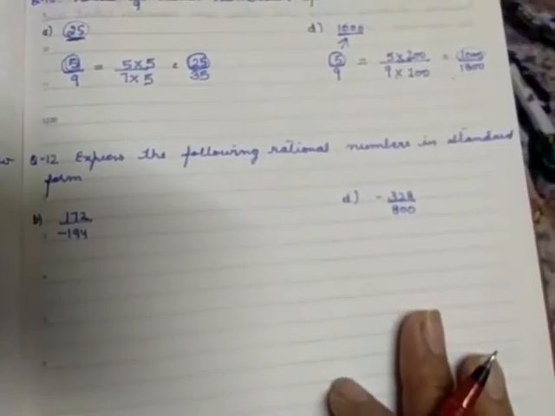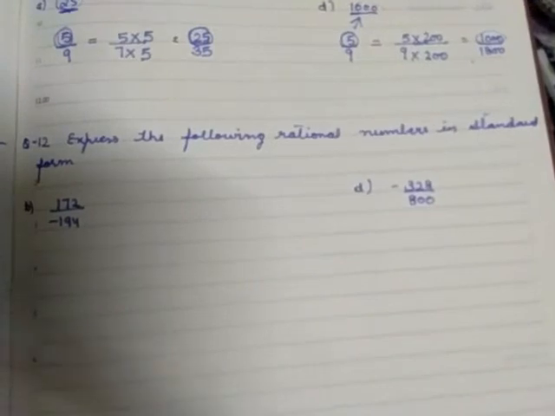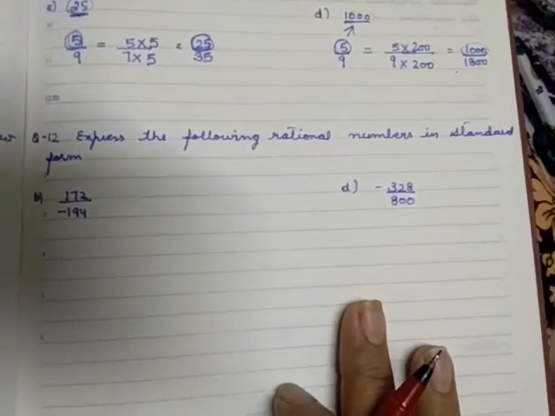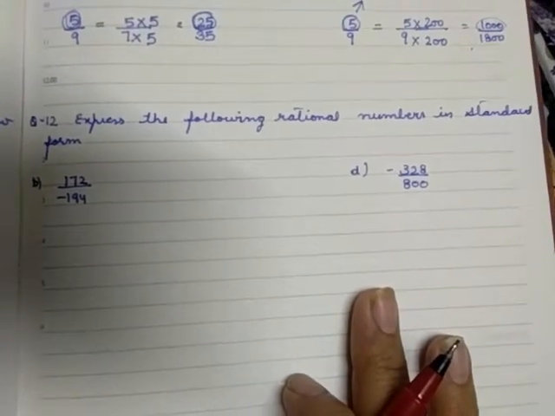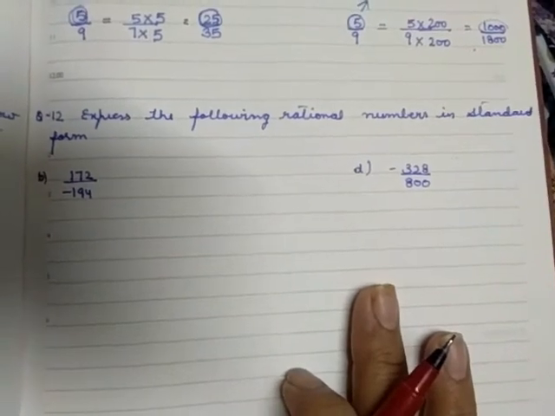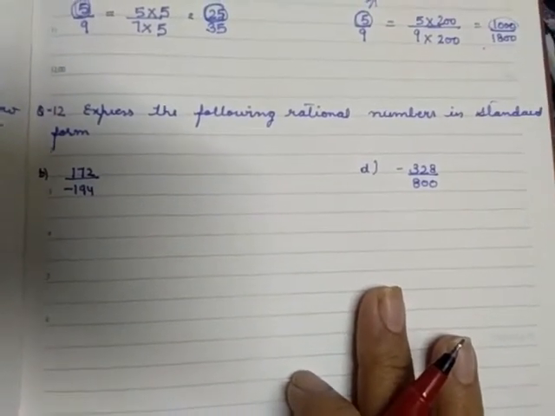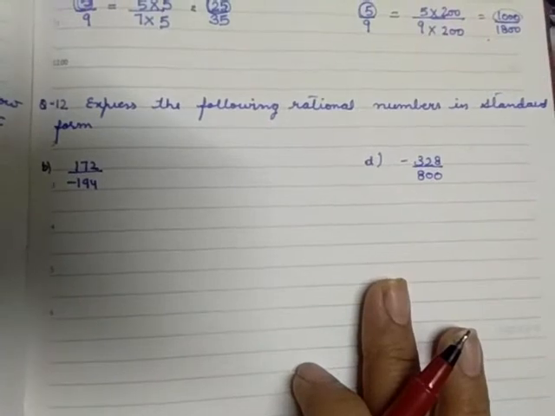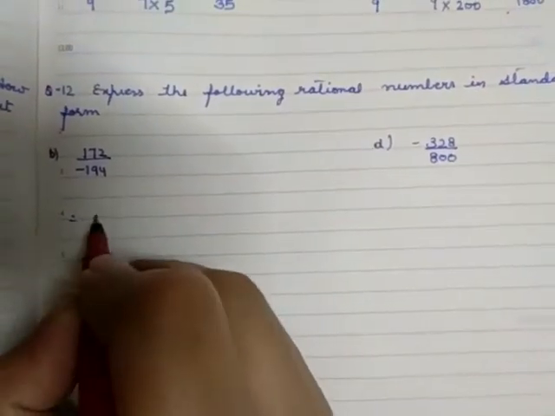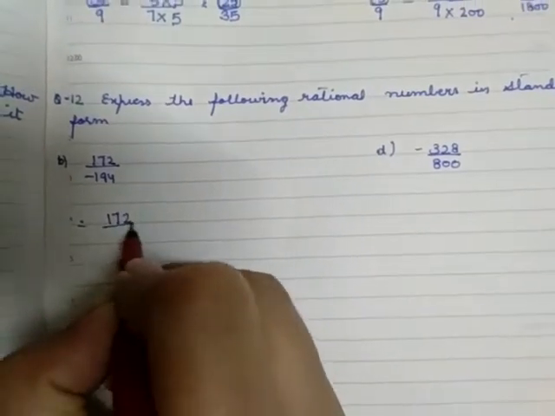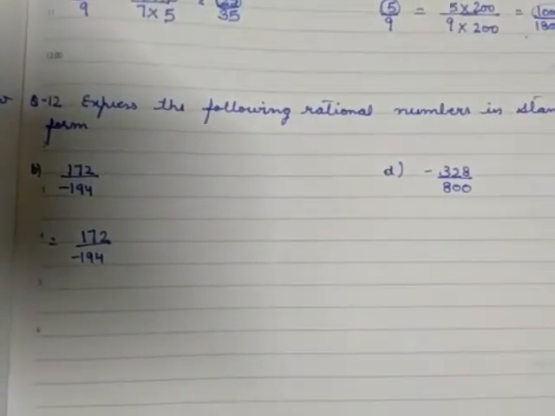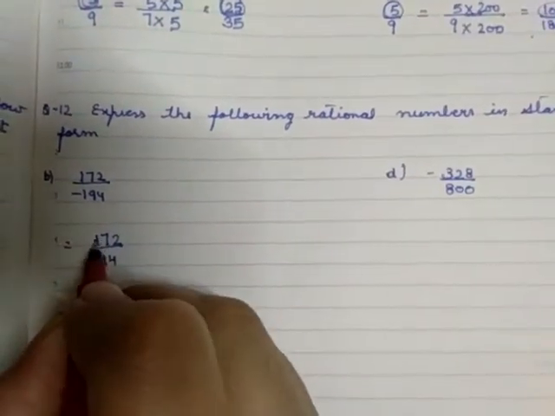Next question, very simple question. Express the following rational numbers in standard form, same as the question that we did in the last class. The lowest form is the same as what is said to be standard form, shortcut form, cutting. All the questions relate only to cutting with the numerator and the denominator. So here the question is 172 upon 194. So firstly I do cutting with the table of 2.